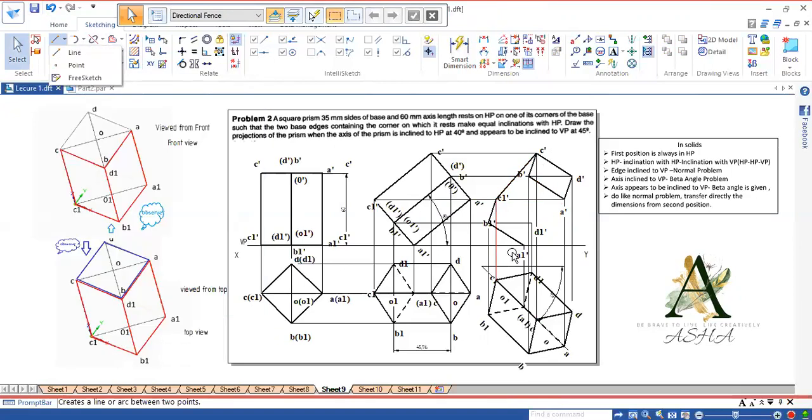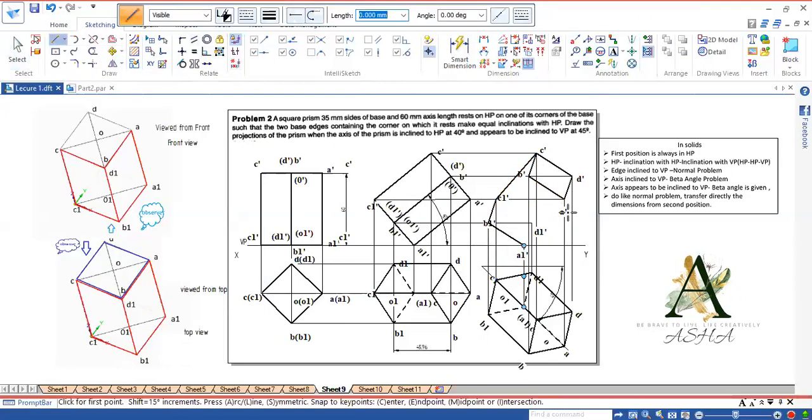So connect. So D1 is not connected to any of the points.